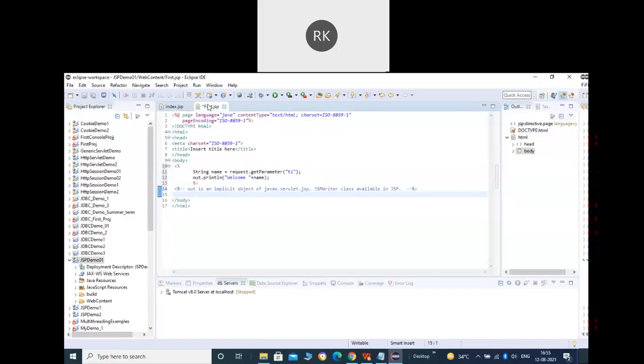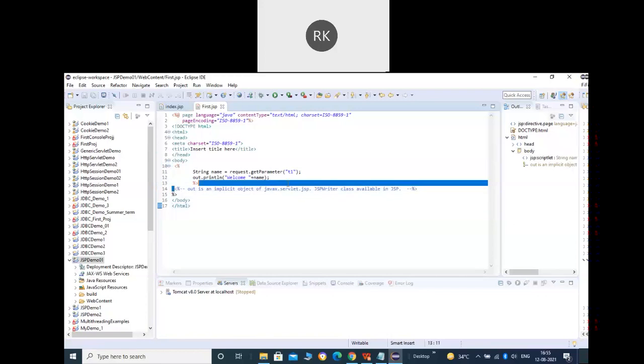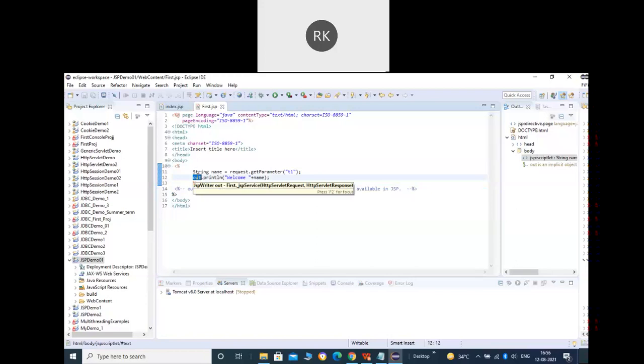As you can see here, we need to get the value that the user has entered in the text box T1. How can we get that? We already know we have the request parameter that has the method name getParameter. But that is Java code, so we need to write it within the script tag. I have not closed it, let me also close it. You can see within the body, I have defined the script tag, and there I'm writing the Java code like request.getParameter T1. I'm getting the name, and finally we are saying out.println welcome, and whatever is the name of the person will be printed there in the output.